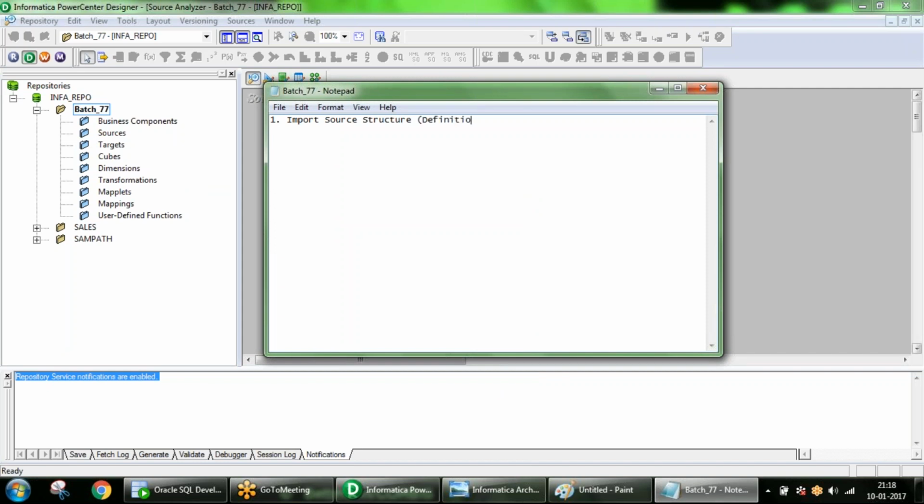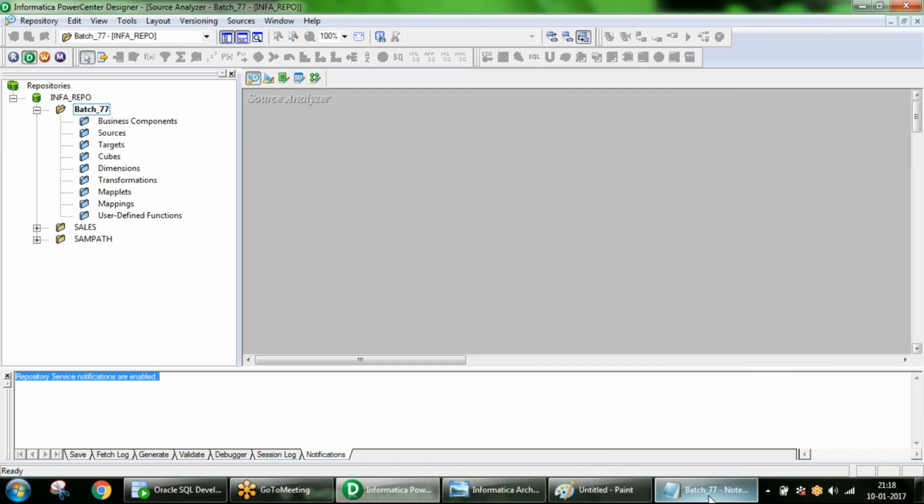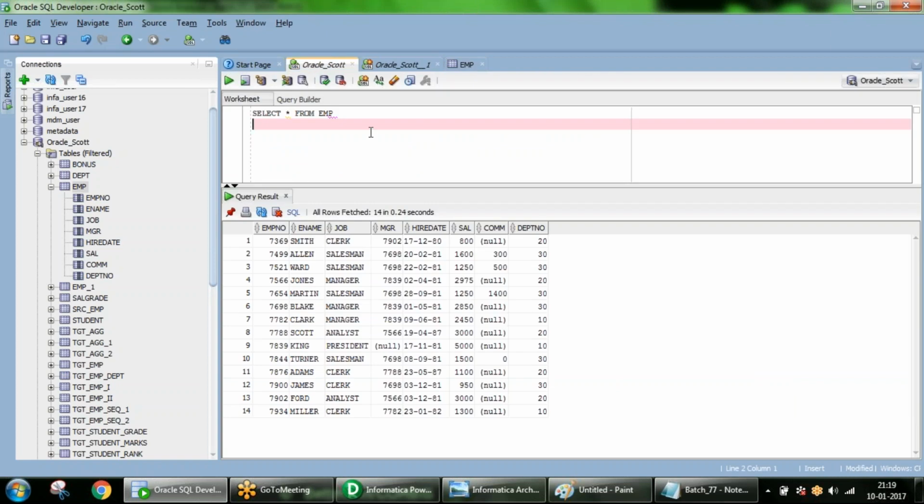The source table will have a structure in the database, right? If I want to see the structure of the table, I am going to connect to the Oracle database, then write a query, describe the table.